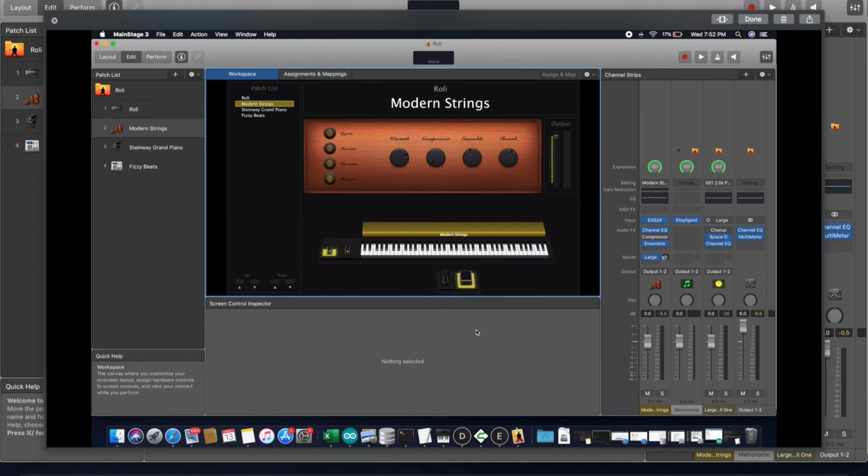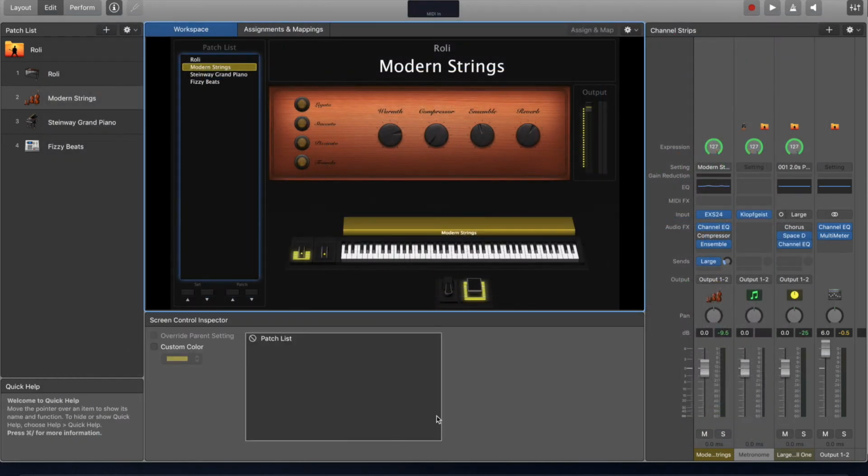Sorry, I forgot one thing to show you. This is for a standalone instrument in Mainstage. This might be a totally separate issue from what I was describing in my first customer support ticket to you guys. But if I go to a different patch, like this one I named Roli. Oh, I'm still looking at a screenshot. That's embarrassing. So if I open up